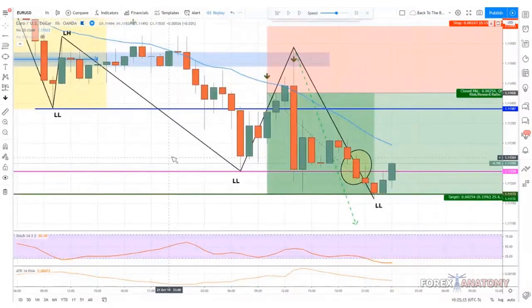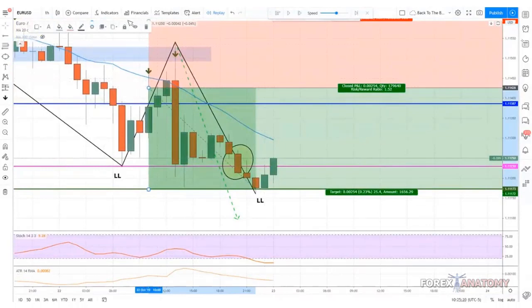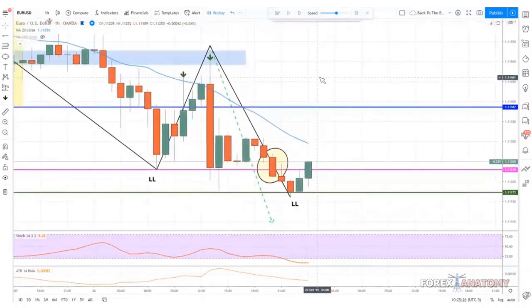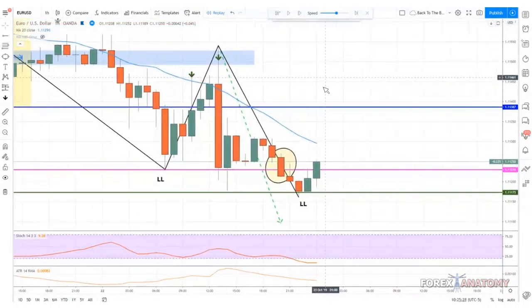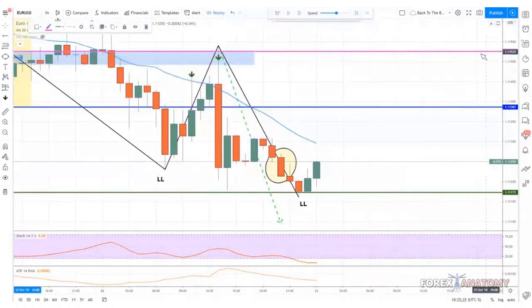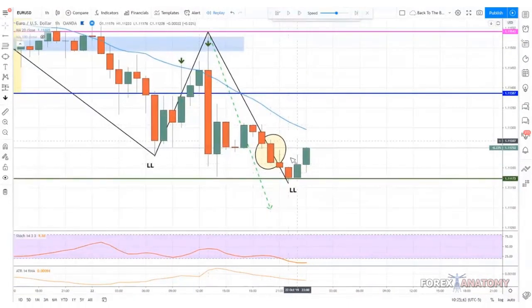Remember, all you have to do is do this over and over again, and you will make a good living trading the markets. So we're going to wait for price to retrace. Now, it could push up and do something completely different than what we expect. But as long as price is contained and doesn't break above this high right here, we're in a bear market. Let's just say that we're in a bear market.